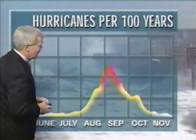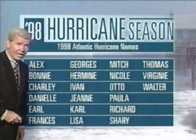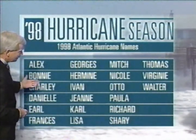But we're in a La Nina pattern now, and that may mean that we'll have an extended season, maybe a more active late season. There is some thinking in that regard, so we're going to keep a close eye on the tropics for you. We've been through 5 storms now, Earl being the last, and Charlie and Bonnie being the strongest,